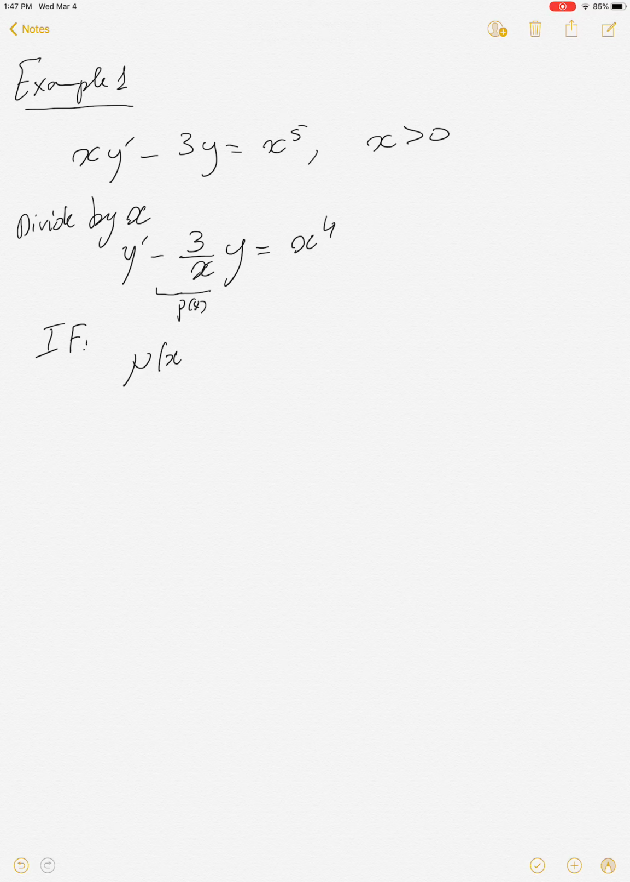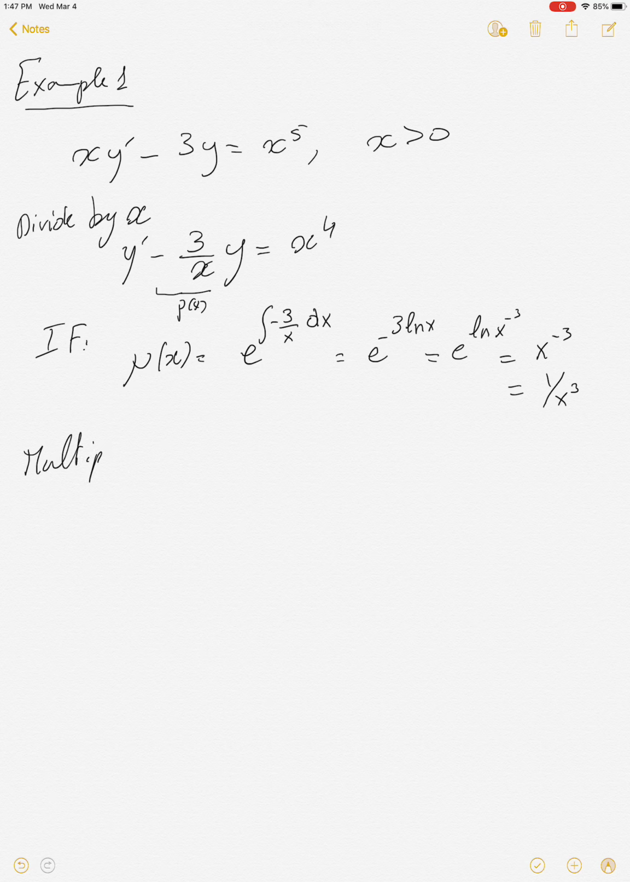So the integrating factor mu of x is equal to e to the integral of -3/x dx. Now this is the antiderivative of -3/x, so this is e to the -3 log x, and this is e to the log x power -3, and this is equal to x^-3, which is nothing but 1 over x cubed. So I multiply the equation, called here equation 2, by 1 over x cubed to get